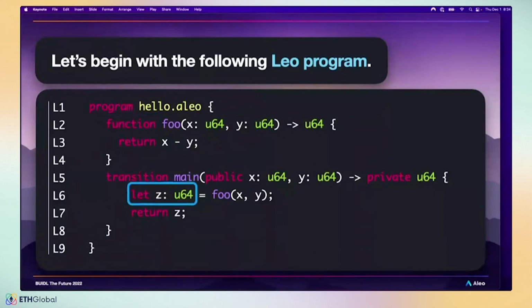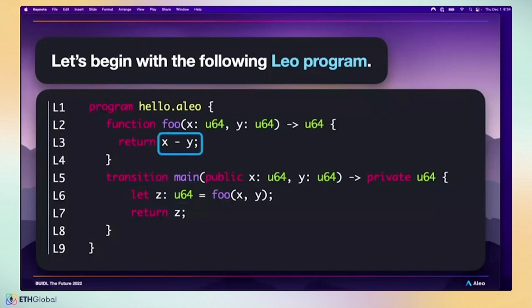So one thing to call out here is that Leo is a strictly typed language. Every variable declared needs to have its type. And this is mainly to enforce safety during programming. We're also investigating some techniques. We're also investigating implementing type inference to make this a little bit more ergonomic, but more to come down the